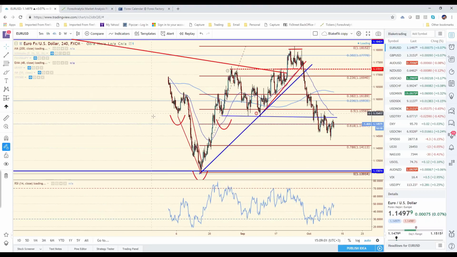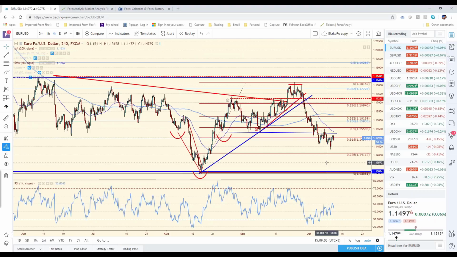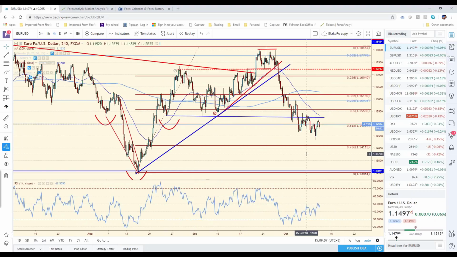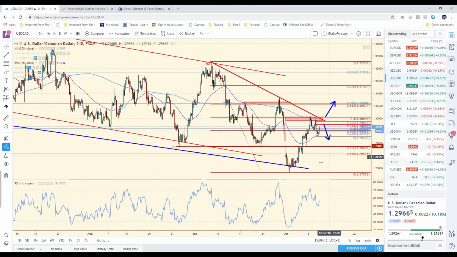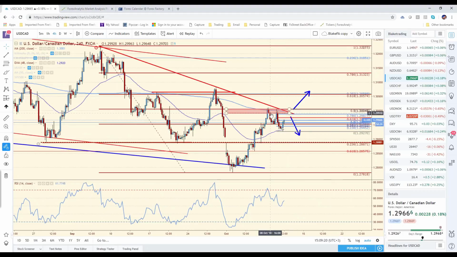But if the market continues with this risk aversion theme, what's going to stop the dollar from continuing to rise? And I have no FX positions on right now. I'm looking at things and I'm not inclined to do anything. The only thing I was looking at is the dollar Canadian, and I'd really want to short the dollar Canadian on a move up here to 130, but if this market's going to roll over,